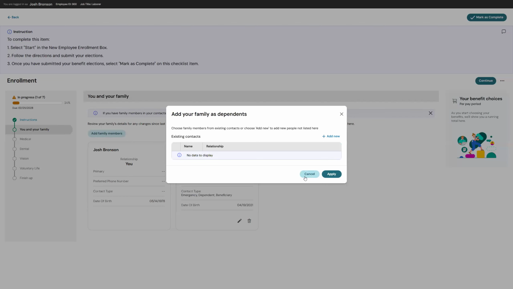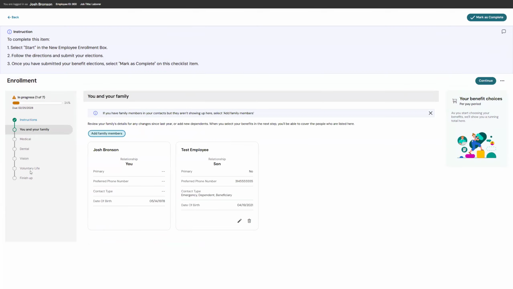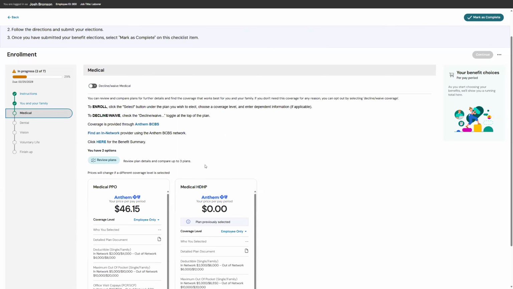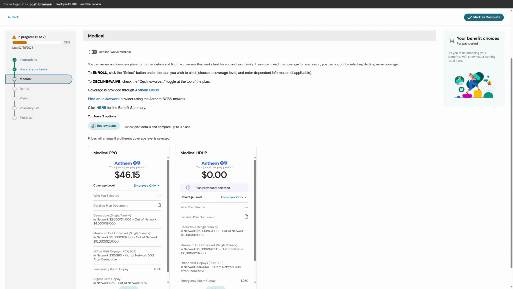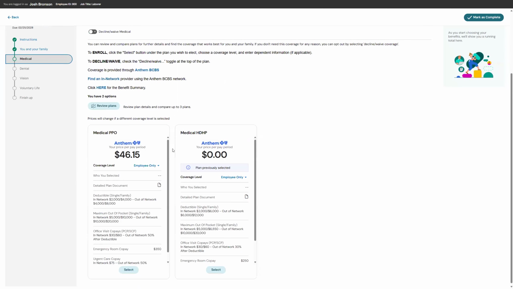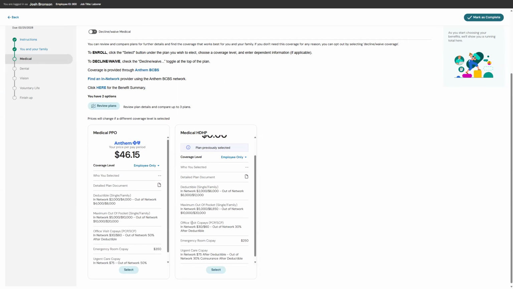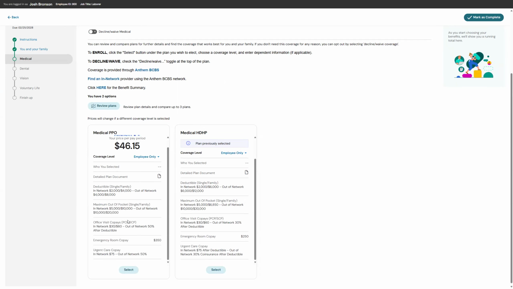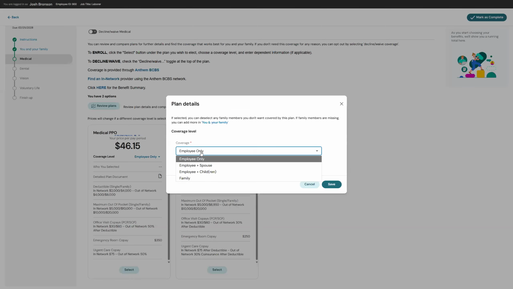So, if you require a beneficiary or want to add dependents, they can do that as well. And then really the rest of benefit enrollment is up to your offering. So if you offer multiple medical plans, we could definitely highlight those and the per pay period cost. Employees want to know how much it's going to cost. They probably want to know the deductibles, the max out of pockets, the office visits. So we can highlight all those important items, and they'll be able to select what coverage level applies to them